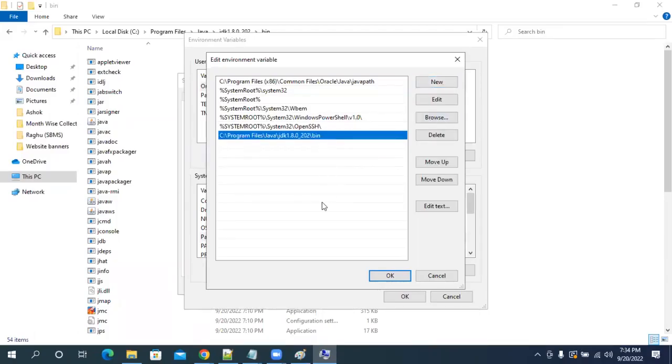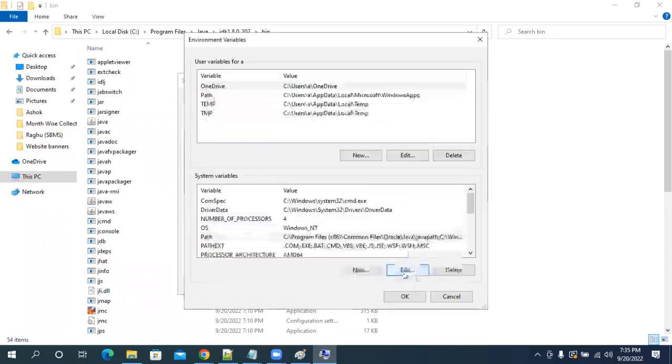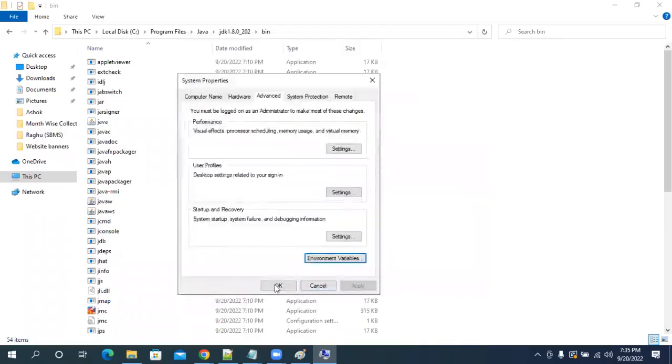That is the new line I have added. Can you guys take a screenshot of that? Online people, for you, I will send it. Okay? You guys can take a screenshot of how I am adding the path for Java. So why do I need to add the path for Java? To tell my system where Java is available, where Java tools are available in my system. I'm setting the path. Click on OK, click on OK, click on OK.